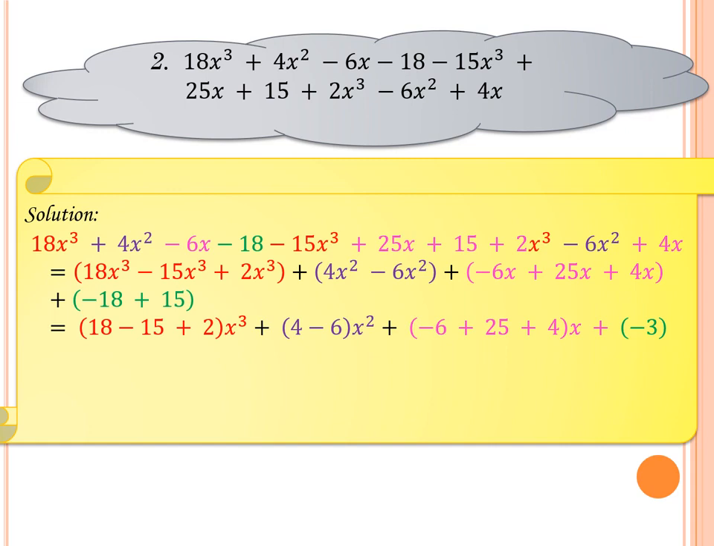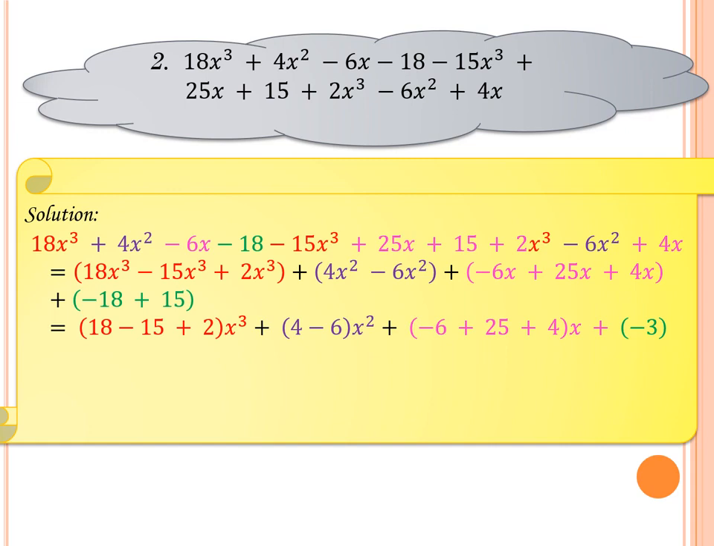Napapansin niyo, they have a common factor, okay? So, we combine these like terms by applying the PMA. So, 18x cubed minus 15x cubed plus 2x cubed can be expressed as 18 minus 15 plus 2 quantity x cubed. Okay? Plus, 4x squared minus 6x squared can be expressed as 4 minus 6 quantity x squared. Plus, negative 6x plus 25x plus 4x can be expressed also as negative 6 plus 25 plus 4 quantity